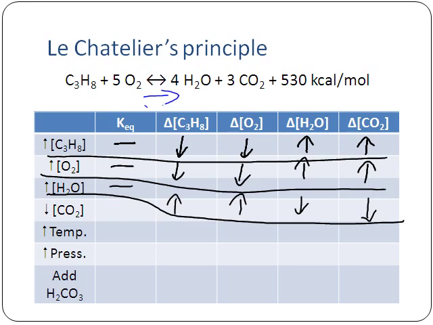And so if the reaction proceeds to the right side, that basically means the concentration of C3H8 is going to go down. The concentration of O2 is going to go down. The concentration of H2O and CO2 in response are going to go up. All right? So that's what we have on that. And of course, we go back to our KEQ, which will stay the same again because we have not changed